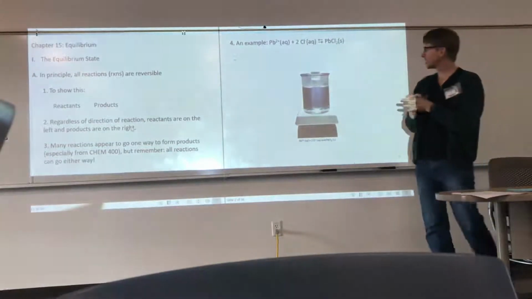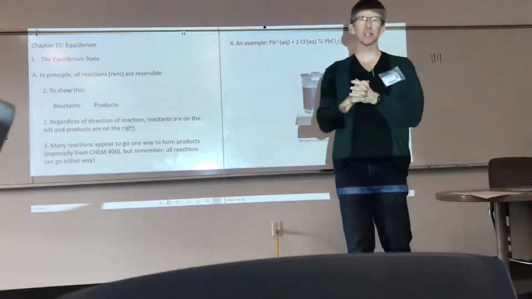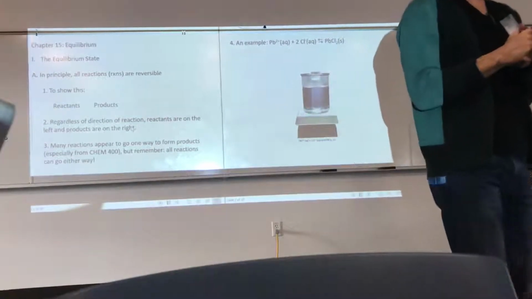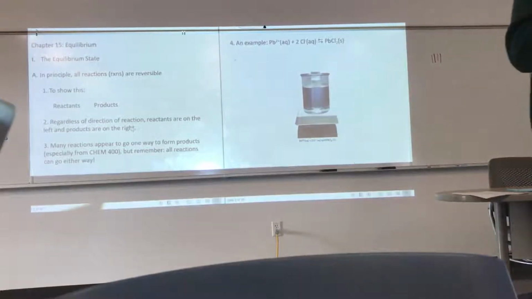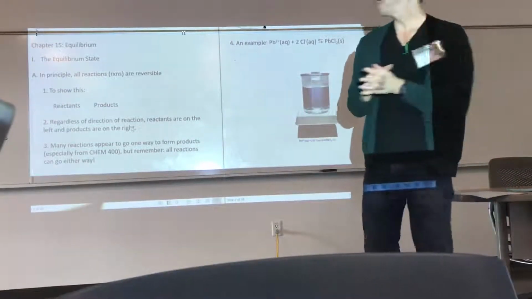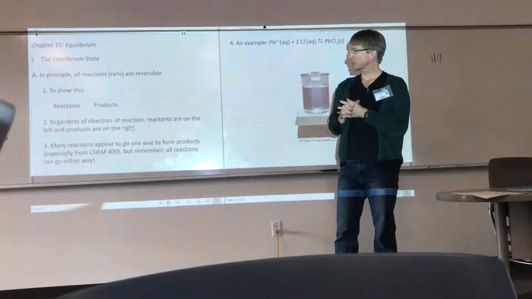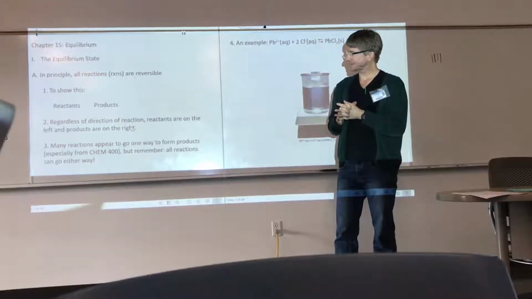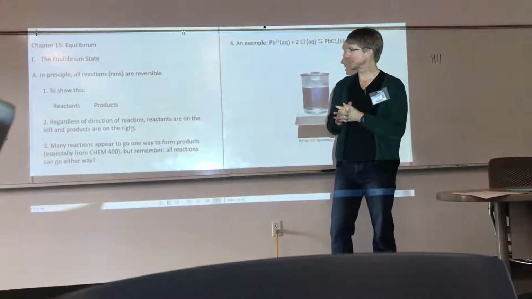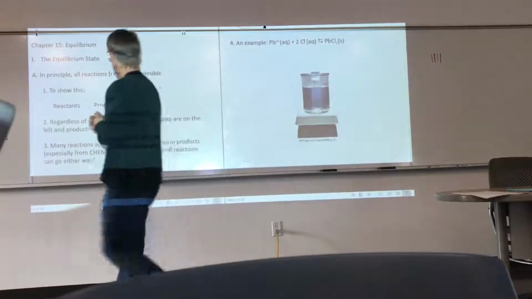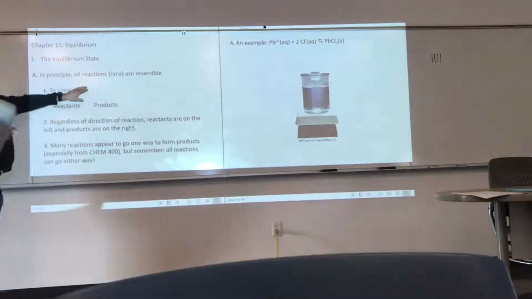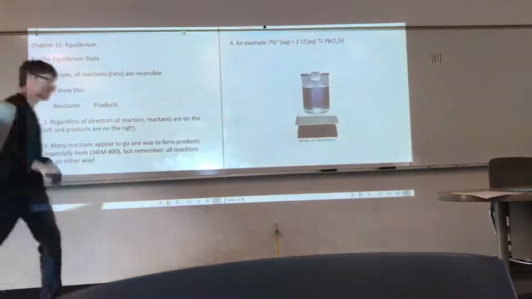So that was the one chapter that we talk about that deals with time and rates. Now everything else deals with equilibrium or different versions of equilibrium. And this one, chapter 15, deals with equilibrium and equilibrium constants, as we'll see. So the equilibrium state: in principle, all reactions are reversible. To show this,